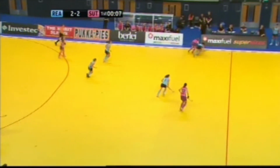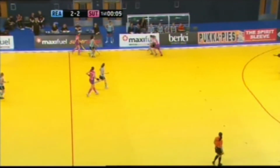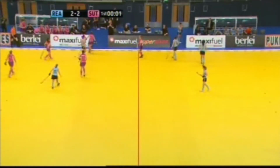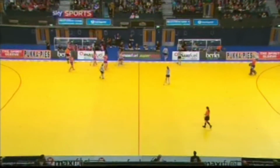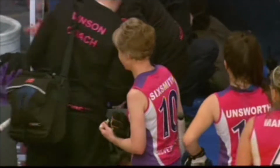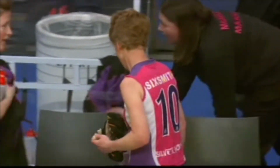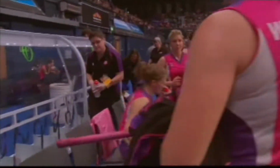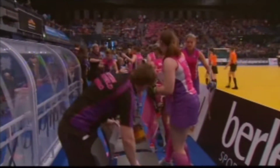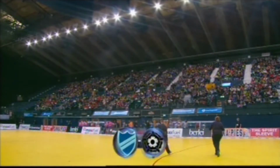So the clock counting down here. And Sixsmith just leaning on Kate Walsh. But we've reached half-time here in the final of this women's Maxifuel Super Sixes final, and it's 2 goals apiece. 2 goals for Reading, scored by Helen Richardson and Elspeth Coburn, and it looked to all the world at that stage of Reading we're going to continue to